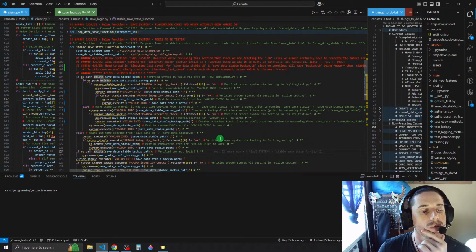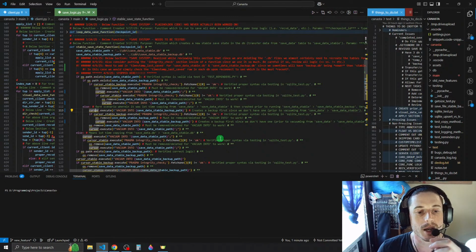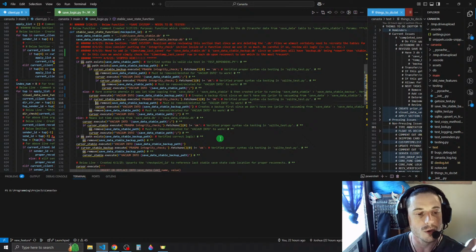Now what about the backup? Well, in all these cases, in this else case, we need to create a new backup, except for this one, because we just changed it. So now backup is actually good to go. A backup here is the most recent. We don't need to vacuum from save data to backup, which is what this section does. So what we'll do is